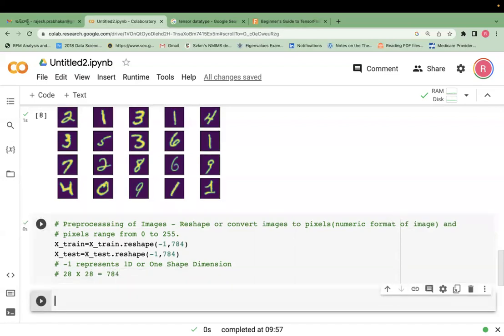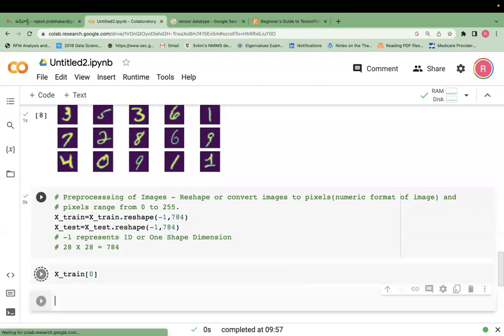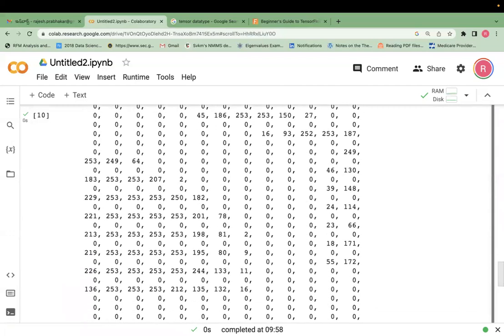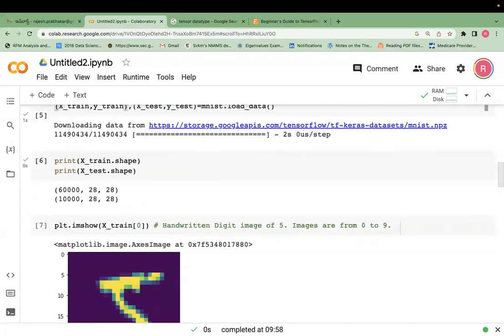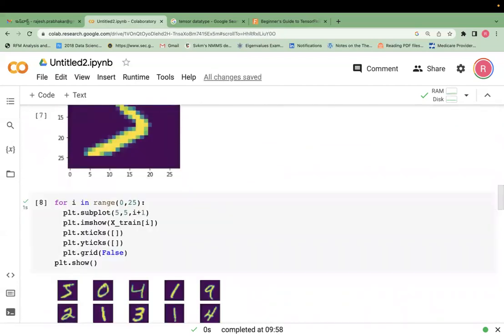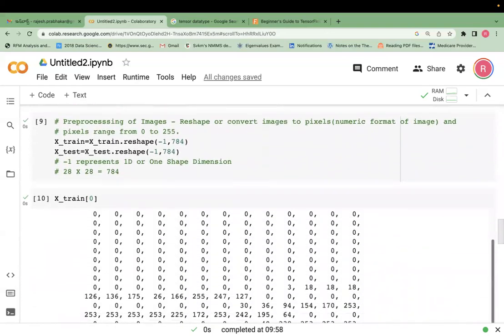So that is what the numbers mean. -1 represents 1D because images are 2 dimensional. We have height and width. So we are converting it into 28 by 28, height and width, and the multiplication is 784. X_train[0] is the data of the first image. When I printed X_train[0] initially I got one output, and when I print after reshaping the data, I get